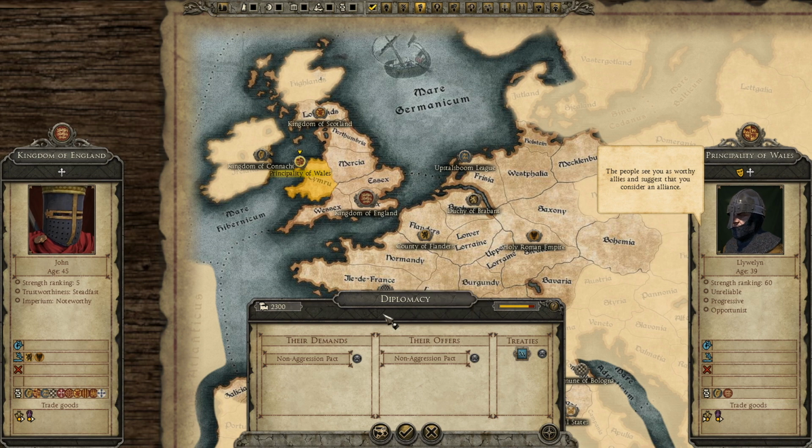All right, so we did have one item of diplomacy pop up here so far. The Principality of Wales would like to gain a non-aggression pact with us. And while I am interested in not going to battle with the rest of the British Isles, I'm also not interested, at least right now, or not yet, in signing a non-aggression pact. Because once I do what I have to do, or feel I've done enough of what I have to do